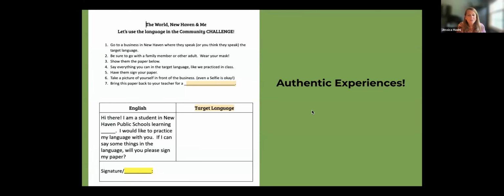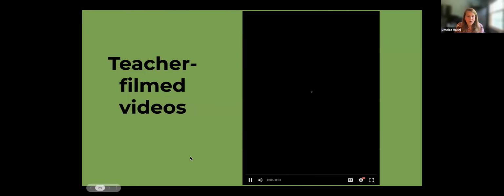We're also now that we've been able to get out in the community this year, starting to work with businesses to do some kind of coupon where the different businesses would give us coupons where the kids would get 10% off or whatever if they go to that place and order at a restaurant and things like that in the target language. So that's one of the things we've worked on.